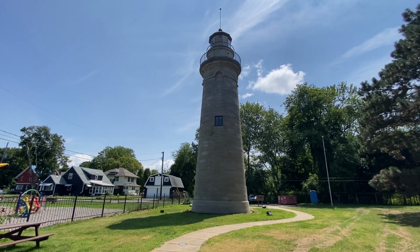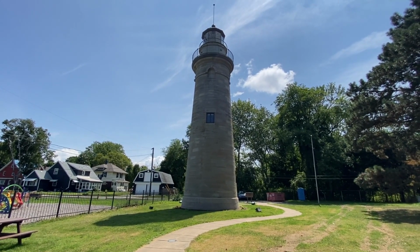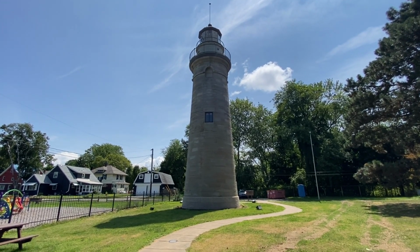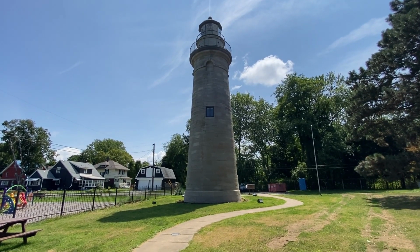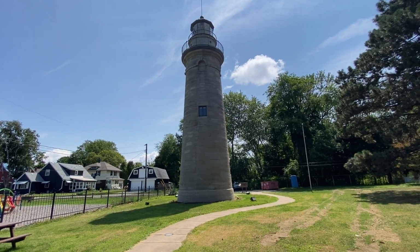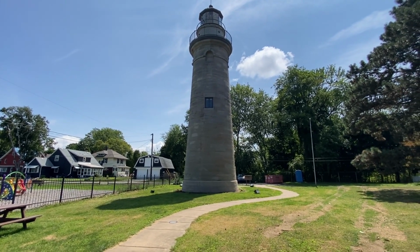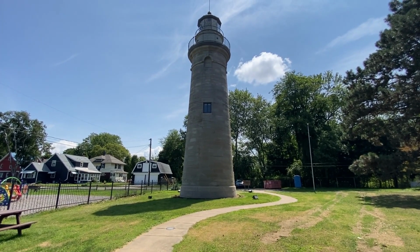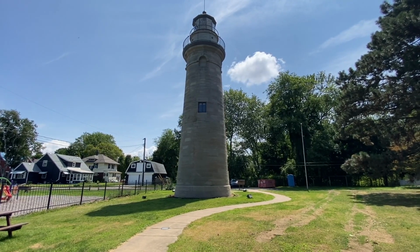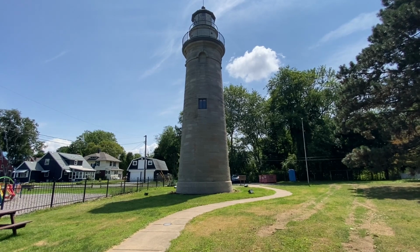Authorized by Congress in 1812, the first lighthouse at this site was completed in 1818, 200 feet west of the present lighthouse. Structural instability led to construction of a new 56-foot brick tower in 1858. This tower proved unstable due to sandy soils. The current 49-foot tall sandstone tower was constructed in 1866-67 with a massive foundation consisting of 8 courses of solid oak timbers and a ton of crushed limestone covered